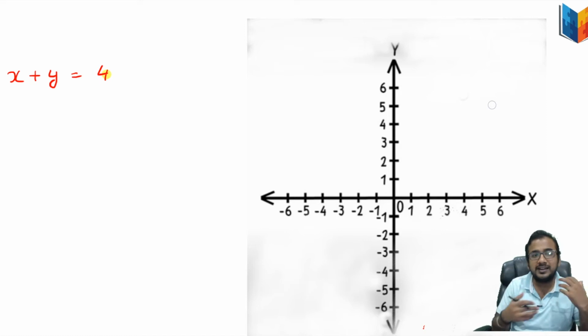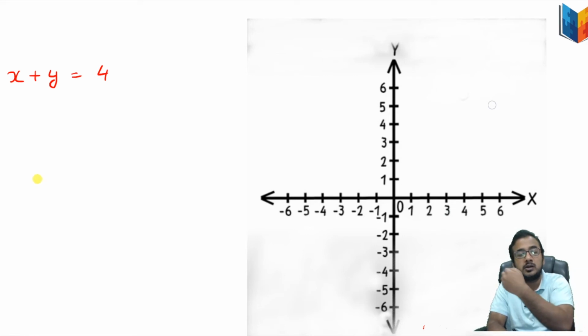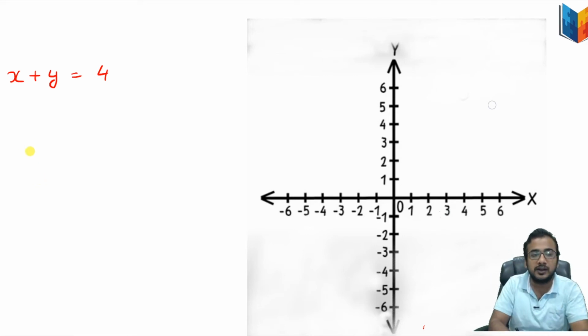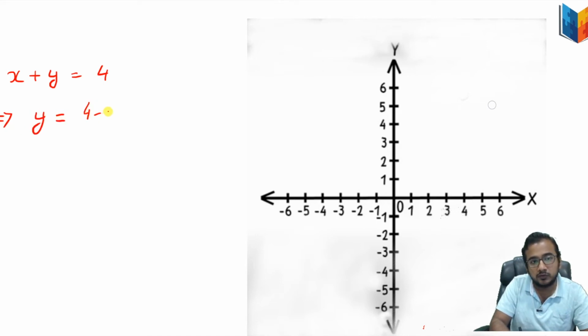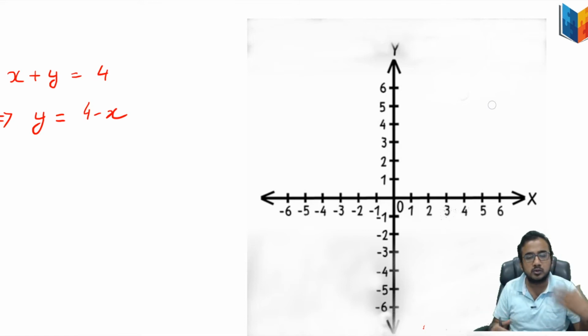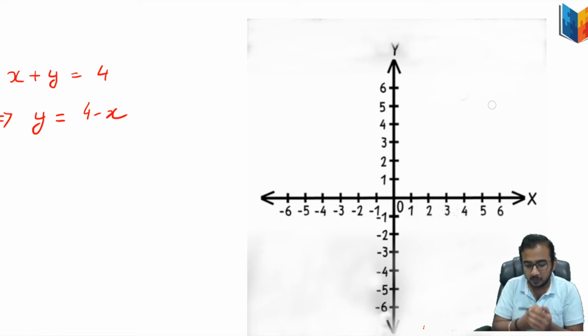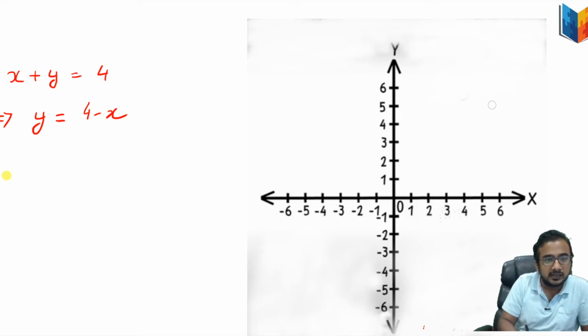Now to find the value of x or y, we will make the equation in terms of y. In terms of y means we will represent the equation in such a way that y is equal to 4 minus x. Now whenever we take two or three different values of x, we can find the value of y. So for that, let us